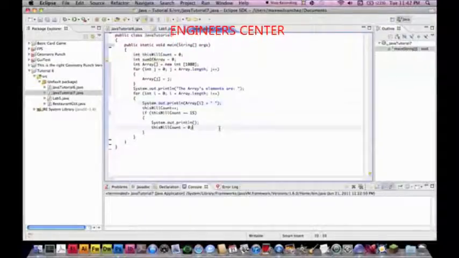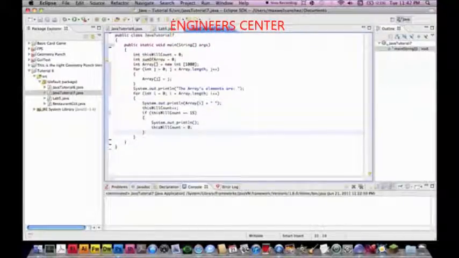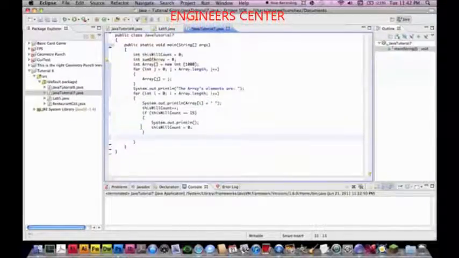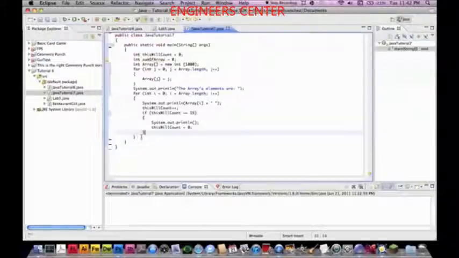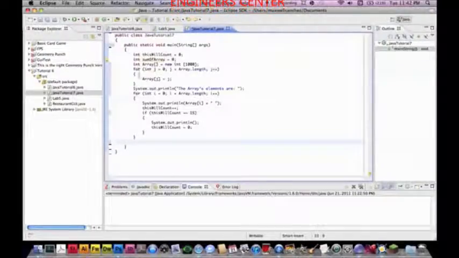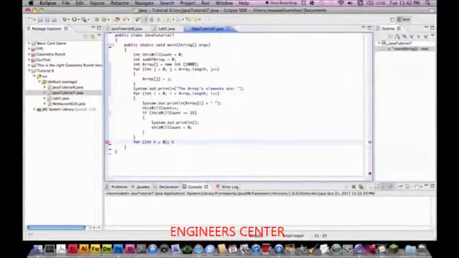So we set this will count to 0 because we want to start this over again. Then outside of that, we have another pair of ending brackets. And then outside of that, we've completely finished this for statement, which had a nested for statement in it. We're now going to add another one. This will give you the sum of all the integers in the array. So I'm just going to call it integer k. And we set that equal to 0. Then we say it must be smaller than,